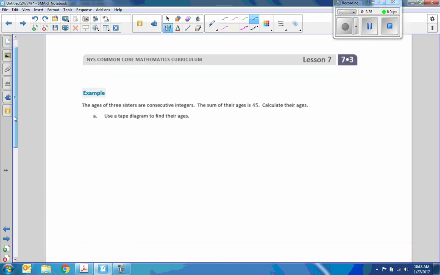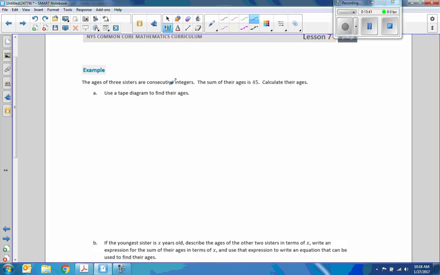Okay, next example. The ages of 3 sisters are consecutive integers. The sum of their ages is 45. Calculate their ages. Use a tape diagram to find their age. Okay, keyword here is